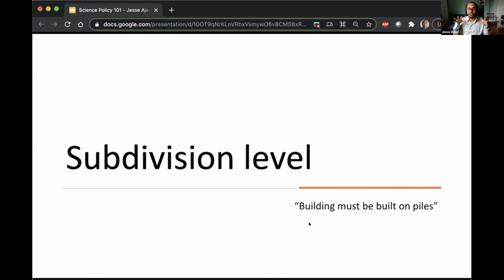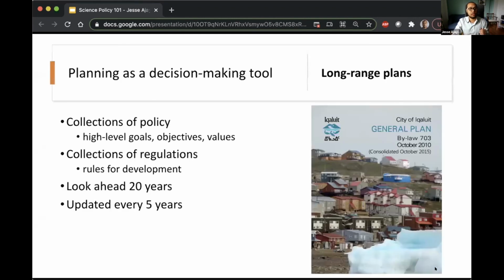And then at the subdivision level, so this is a portion of a community, you might see a policy like building foundations or buildings must be built on piles. So we've identified through our hazard mapping, for example, a particular vulnerability in this part of the community. We need to see that all developments are built on piles, pinned to bedrock, to have confidence that development is going to be feasible here. So that's just an idea of what that tiering can look like and what's possible at those different levels and where it leads to change.